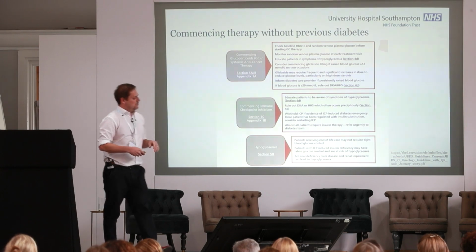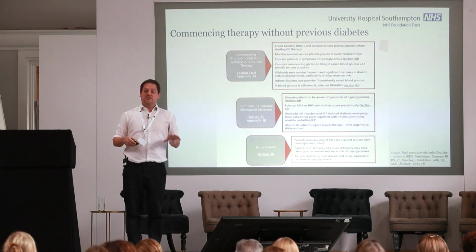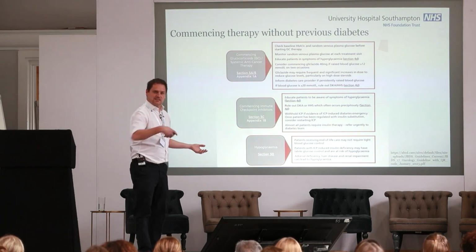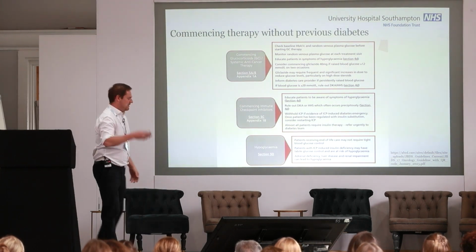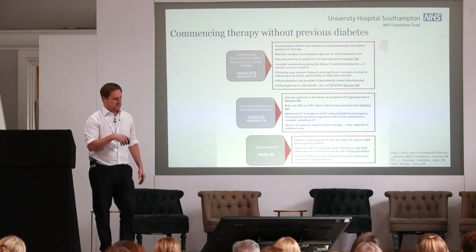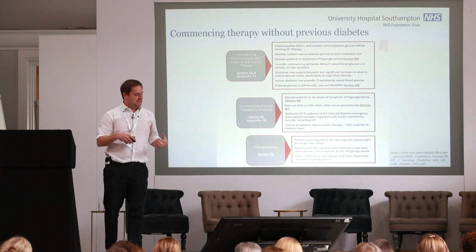Now, I've put this on there, and it's worth mentioning for everyone with the phones, the slides will be available afterwards. You'll be able to delve into them, draw over them if you want to. They will be available afterwards because I'm aware that this particular slide and some of them look particularly small. But generally, this is the